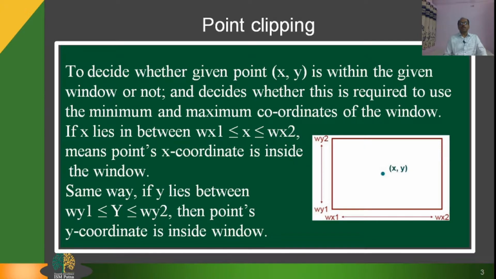So, if x lies in between wx1 and wx2, the point's x coordinate is inside the window. Same way, if y lies between wy1 and wy2, then the point's y coordinate is also inside the window. If any of these fall outside the range, then that will be clipped.